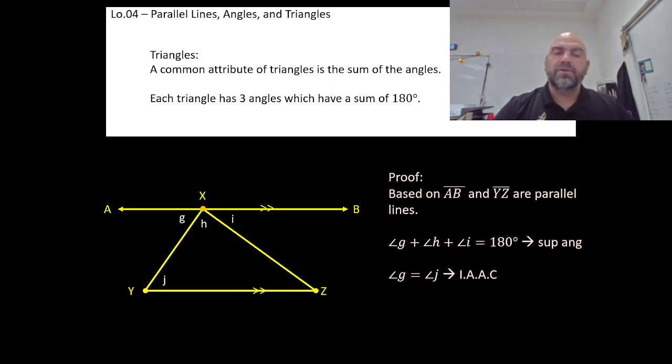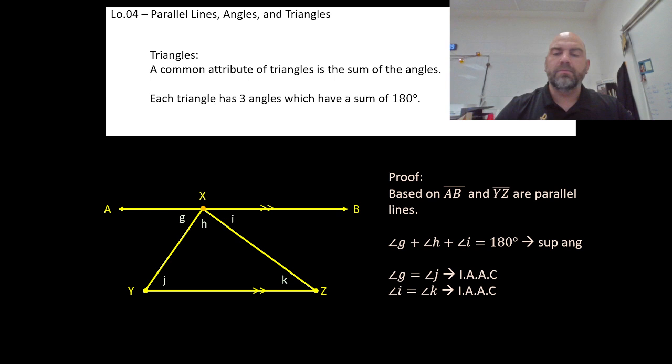They are interior angles between the parallel lines. They are alternate of the transversal, so therefore they are equal to each other. So that's going to be really helpful as we try to make our triangle proof. Second thing that we're going to do here now with the triangle is we're going to take angle K, and on the same principle of interior alternate angles, we're going to understand that I and K are congruent as well,